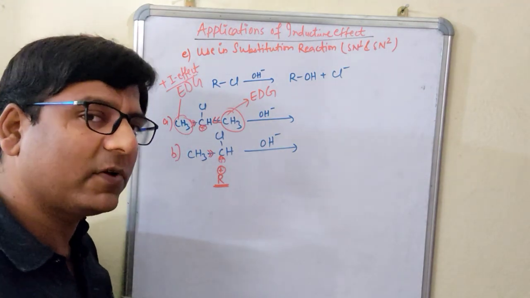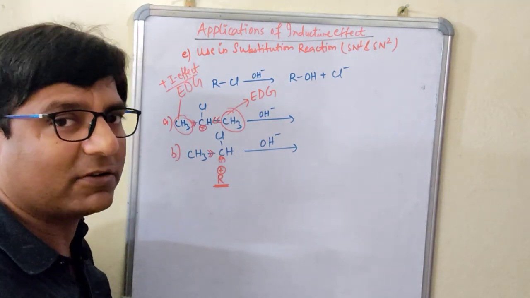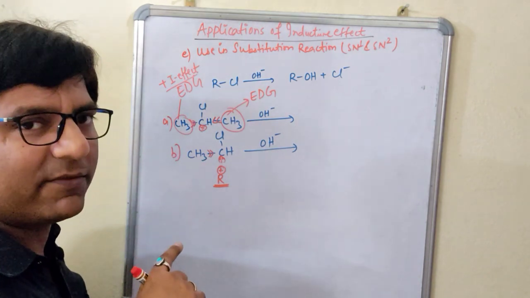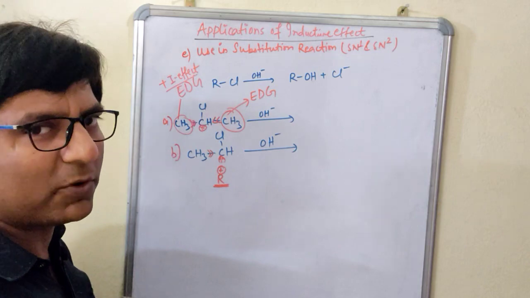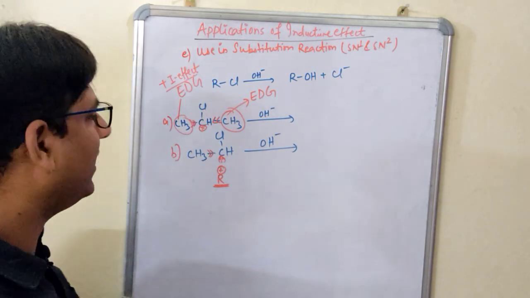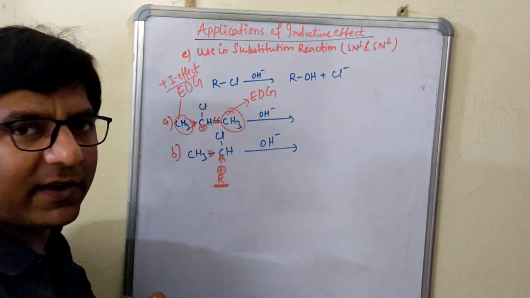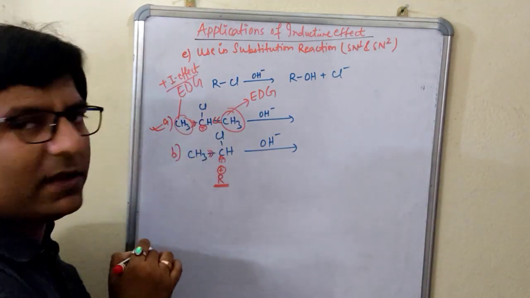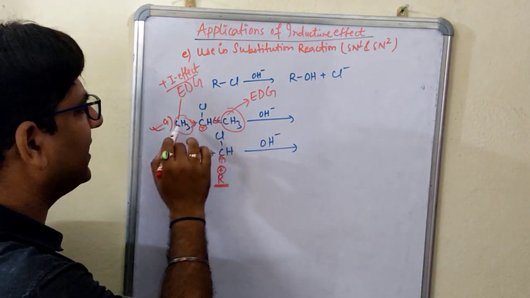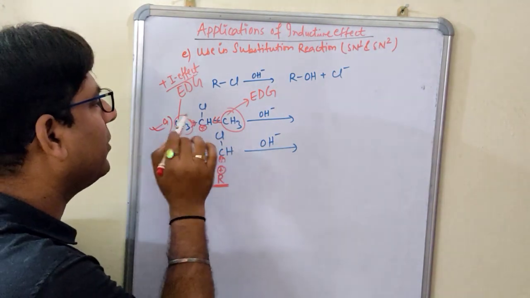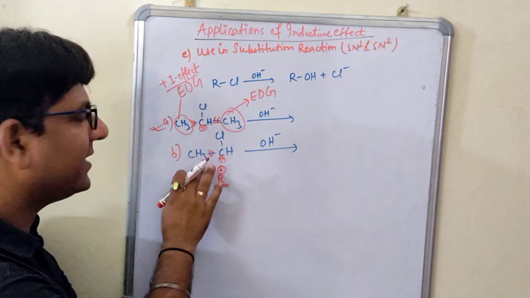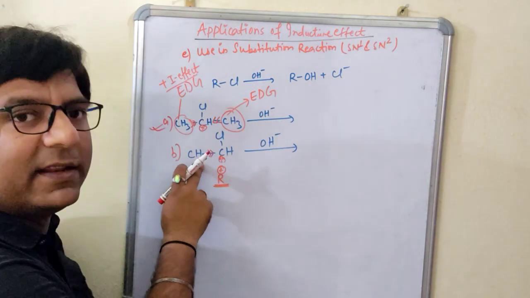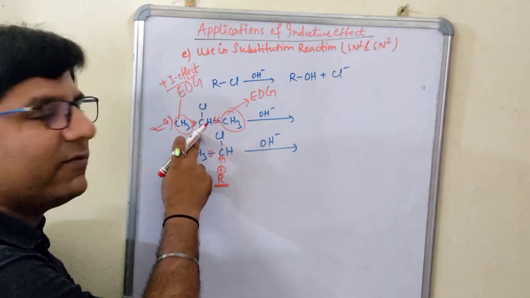So just remember the same concept. I have given you one general example also, in the first lecture, when I was dealing with the stability of the carbocation and the free radicals. Right? So here, which will attain the stability fast? Which positive charge will attain the stability fast? Of course, this one. Why? Because the electrons have been donated from both sides. So it will attain the stability quickly as compared to this one. This will also attain the stability, but as compared to this one, it will attain the stability slowly. And this will attain the stability very fast.